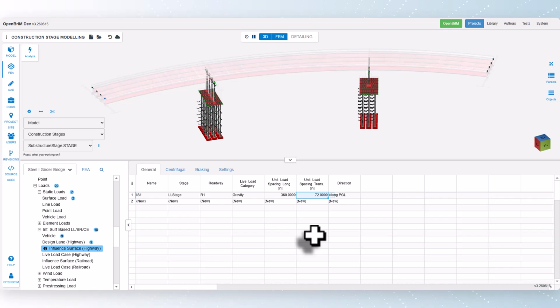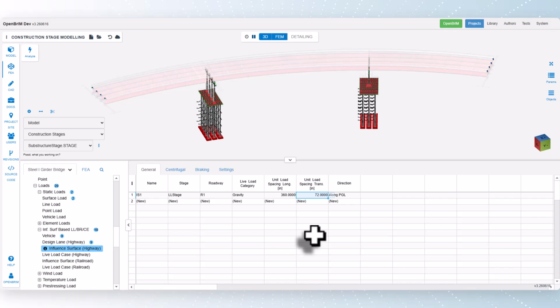To ensure that the model runs without any issues, it is convenient and faster to start with larger numbers for both longitudinal and transverse unit load spacing. For instance, using 20 feet in the longitudinal direction and 10 feet in the transverse direction can be a good starting point. Once you have confirmed that the model runs smoothly and have reviewed the design report, you can proceed